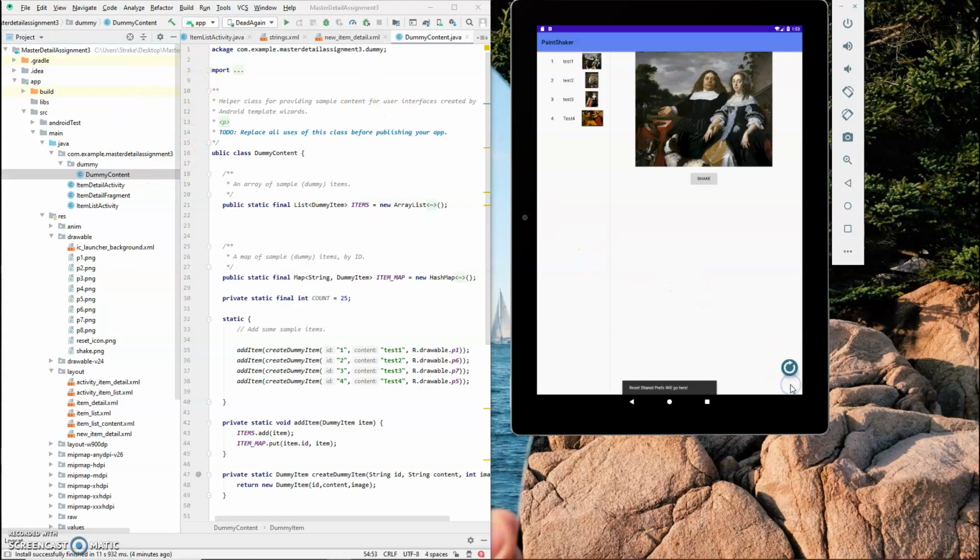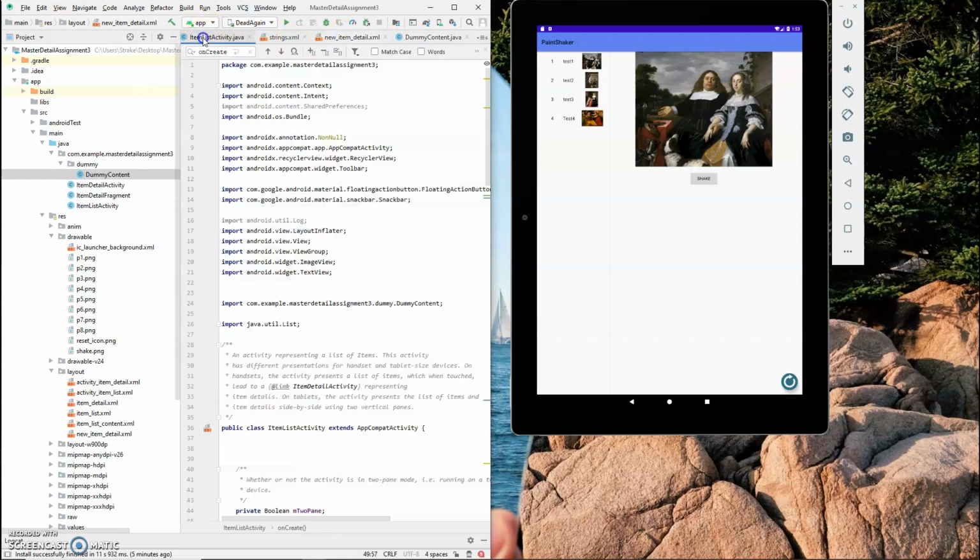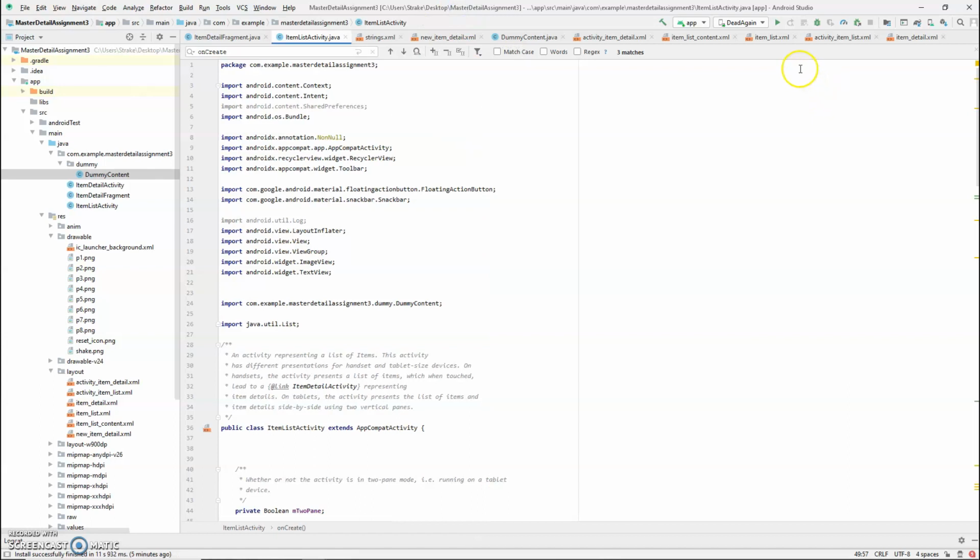Here I have the FAB, the floating action button, which still has its click listener, and it just says that's where shared preferences will go to reset that. I had deleted it from the fragment. And where is the fragment? Item detail. No, that's the layout. In the item detail fragment,